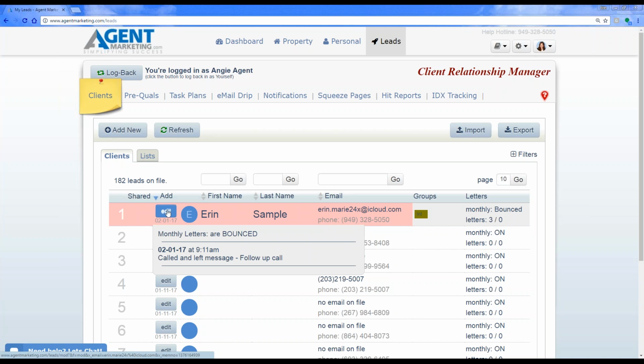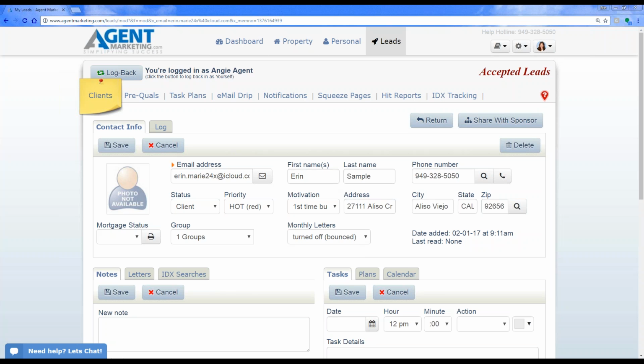So just to give you a little more of a recap, when you click on the edit pencil, you can go through and change any of these details here, which allows you to customize it a little bit more. Also, another way that leads get added into your CRM,